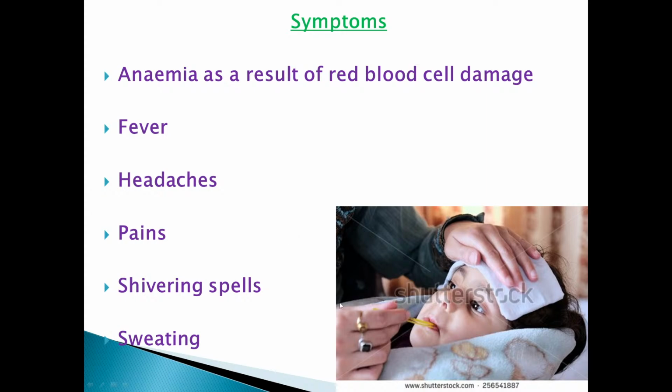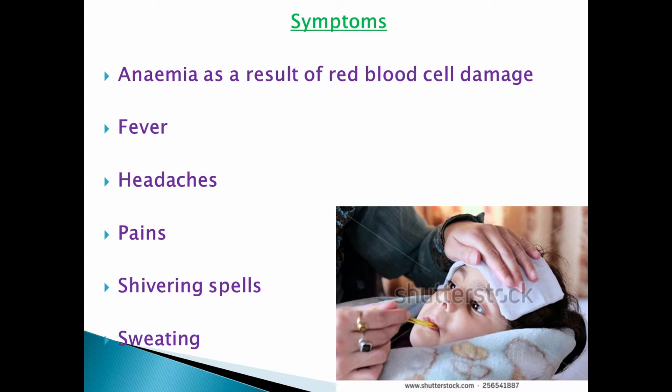Symptoms and signs of this disease. So signs and symptoms. Once you're infected by malaria, anemia as a result of red blood cell damage. If you go to the doctor and the doctor says that you're anemic, it can be a result of you being infected by malaria, because malaria damages your red blood cells, and once your red blood cells are damaged, there will not be enough hemoglobin, a chemical called hemoglobin, in your blood, simply because it is located in your red blood cells. Fever,